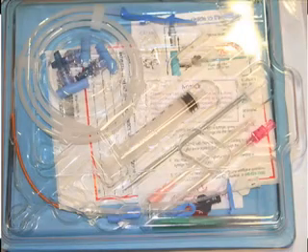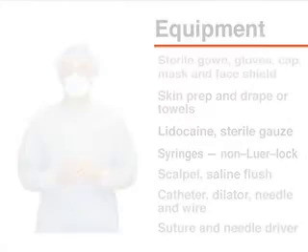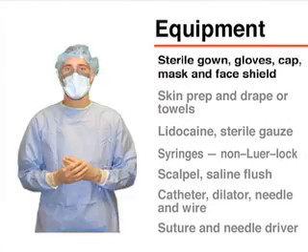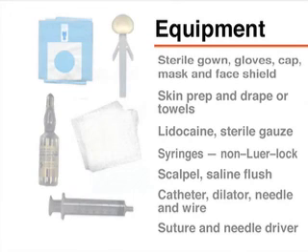To assure that there is the highest level of sterility, the operator should wear a sterile gown and gloves, as well as a surgical cap, mask, and face shield. Most of the equipment can be found in commercially prepared kits, and should include skin preparation solution, sterile towels or drape sufficient to cover the entire body, 1% lidocaine, sterile 4x4 gauze, non-luer lock or slip-tip syringes, which are easy